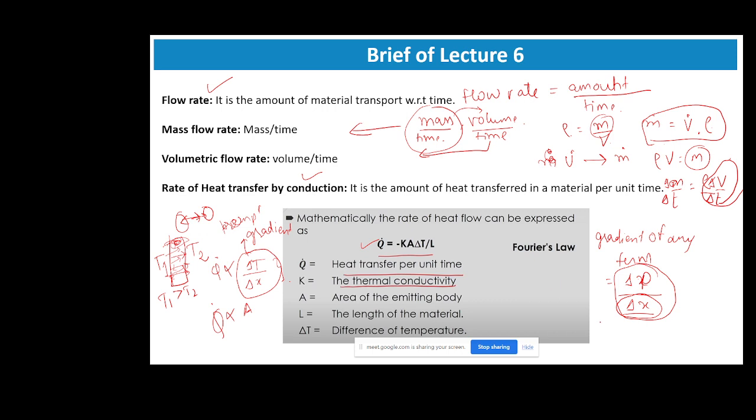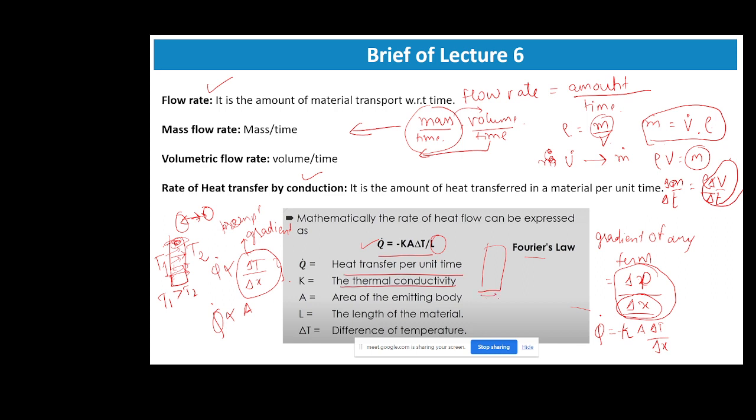Now if we club these two proportionals, and if we want to eliminate the proportionality constant, then there is a constant which is thermal conductivity. So this k into A delta T by delta x, where delta x is the length of the material through which it travels, is Fourier's law, which allows us to find out the rate of heat flow through any solid medium by conduction